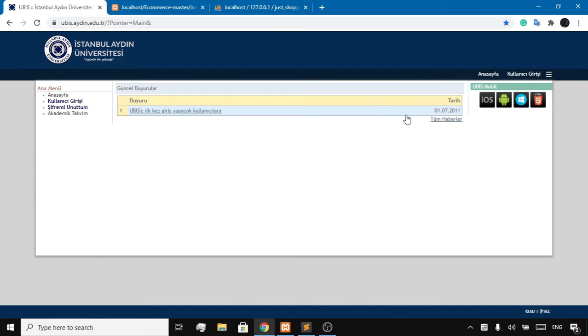Today I'm going to be creating an e-commerce website, which is an online shopping website which has categories and products to buy, like Hepsiburada. I'm using XAMPP and PHP for this project, as well as HTML,